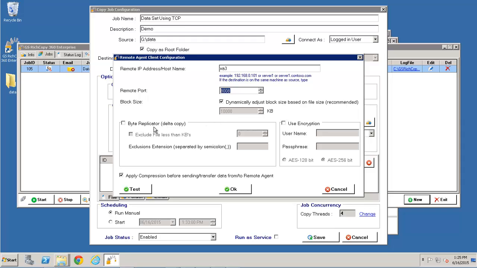Byte level replicator, we'll have another video to talk about this, but in a nutshell, what a byte level replicator does is, let's say you've got a file that you've already copied over to the destination side. Let's say it's 1 gigabyte, and that file gets modified on the source, just a small modification. With normal copying software, it would basically have to resend the entire 1 gigabyte file over to the destination because of even a small change. Where with our technology, GS RichCopy 360 Enterprise, what it can do is it will detect that these two files are pretty much the same, except they've got some minor changes on the source side. So what it will do is it will